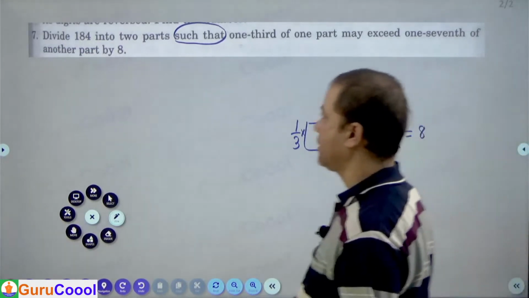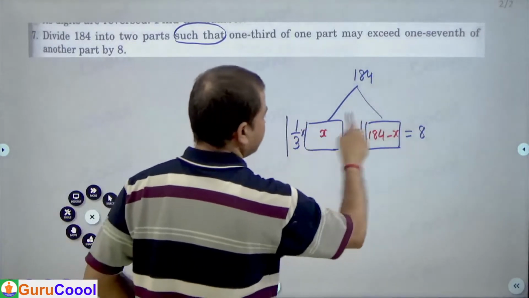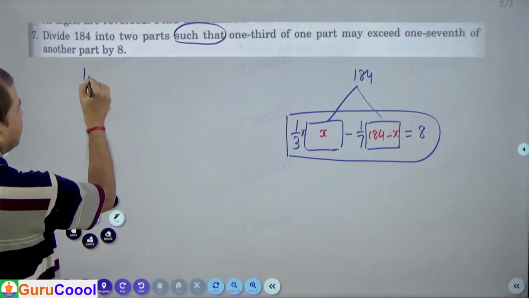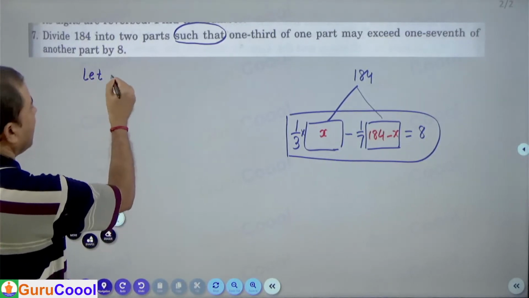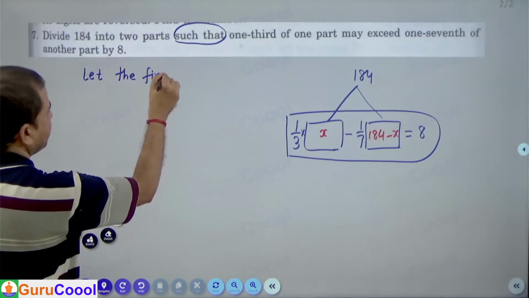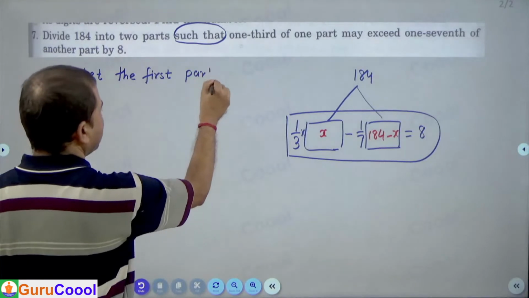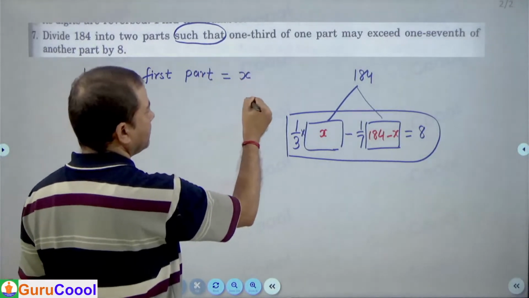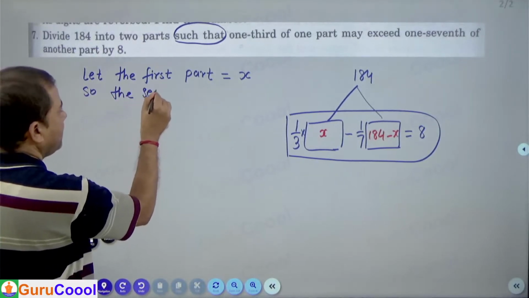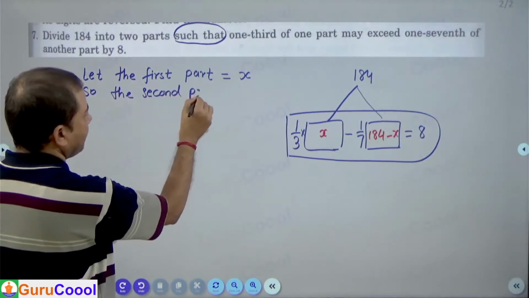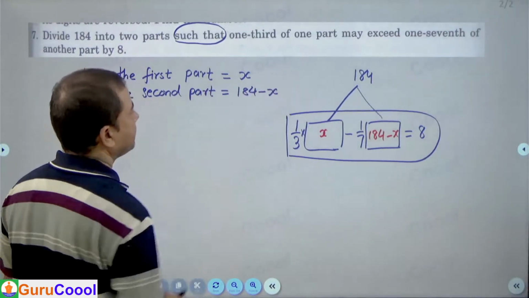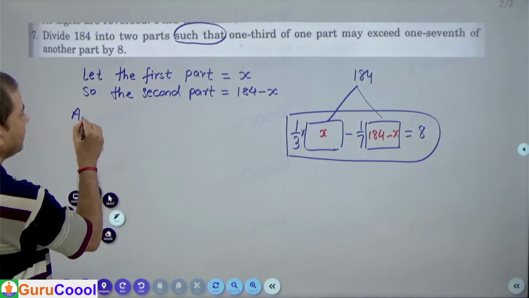So our equation is ready. But yes, we have to write it. Write it here in this way. Let the first part equal X. So the second part equals 184 minus X. According to the question,